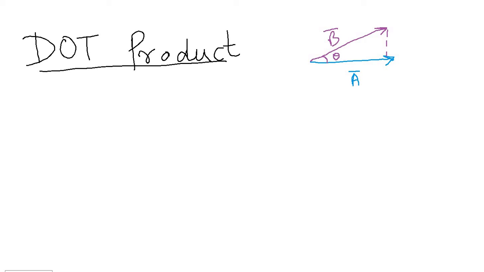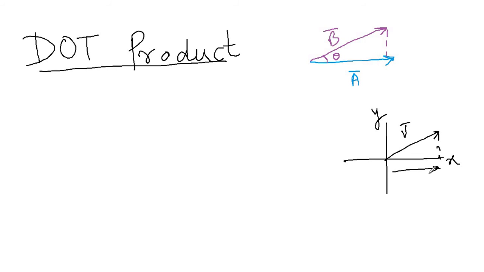Now you can relate this dot product to the resolution of a vector, because dot product is what allows you to resolve a vector in the coordinate axis, where you simply use the coordinate system of x and y, and you have a vector, suppose v vector, and then you just resolve it into the x component and the y component. So to resolve this vector v, you just take the projection of this vector v on the x-axis,